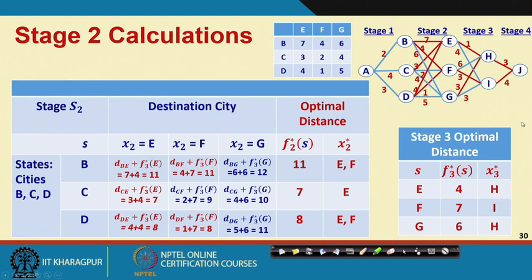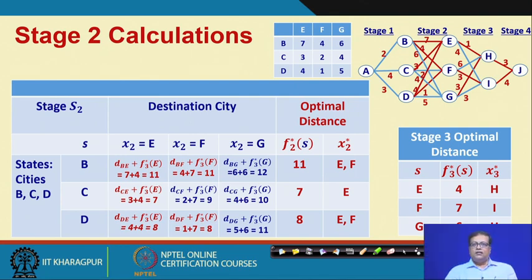So, only distances between these sets of cities, BCD to EFG, are to be covered; you do not have to see any further. See what the real advantage is that we got by making use of dynamic programming. We can only see the distances between a set of cities and the next set of cities, which are finite. We really do not have to see combinations which are before or after, because we already have the optimal value from the next set of stages, and those optimal values we make use of through the recursive relationship. So, this is where the real advantage comes in.